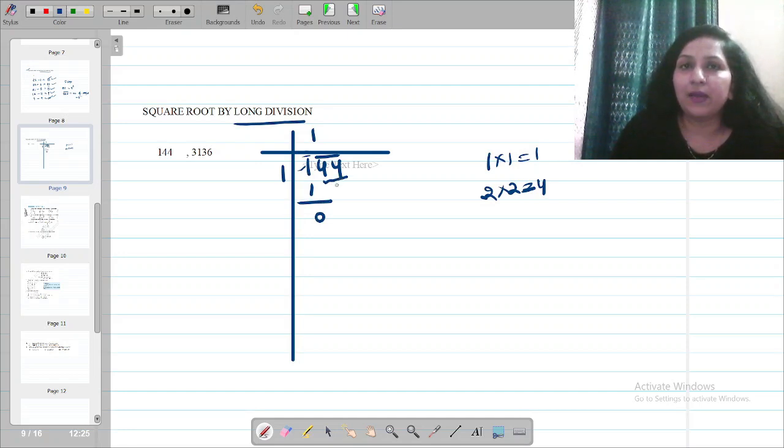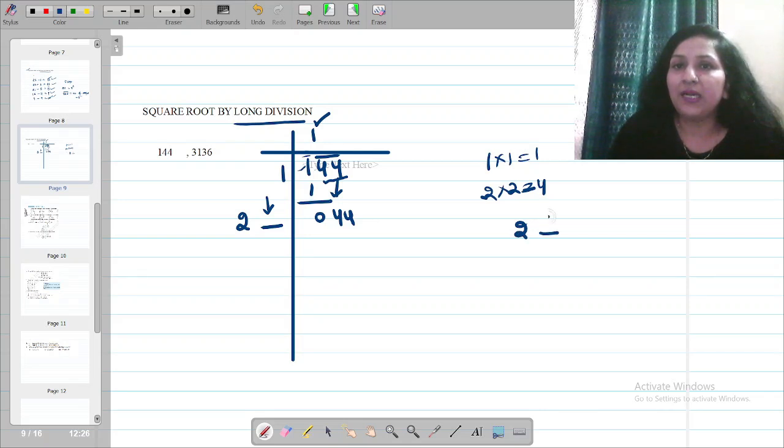Now this second pair, not 1 by 1, the whole pair will go down. So now my number is 44. Okay. Take the double of the number at the top. You have to take the double of the number. अगर यहाँ पे 2 होता तो you would have taken 4 here. It is 1. Double of 1 is 2. I am taking 2 here. Now put a blank. I have to put a digit here such that if it is 2 blank, अगर मैं यहाँ 1 डालती तो 21 into 1. If I put 2 here, so 22 into 2. If I put 3 here, so 23 into 3. It has to be calculated like this.